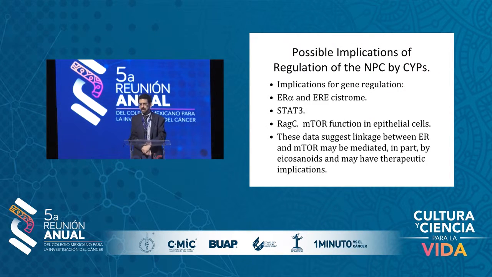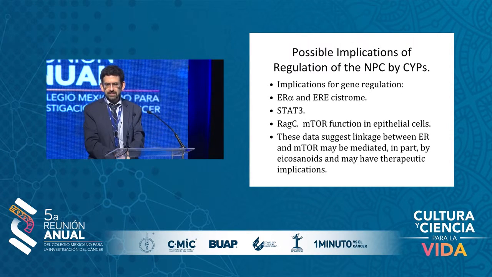And the possible implications of regulation of the nuclear pore complex by the CYPs is that this may provide some rationale for combining an mTOR inhibitor and an estrogen receptor inhibitor, whether you're doing everolimus and exemestane or everolimus and fulvestrant,